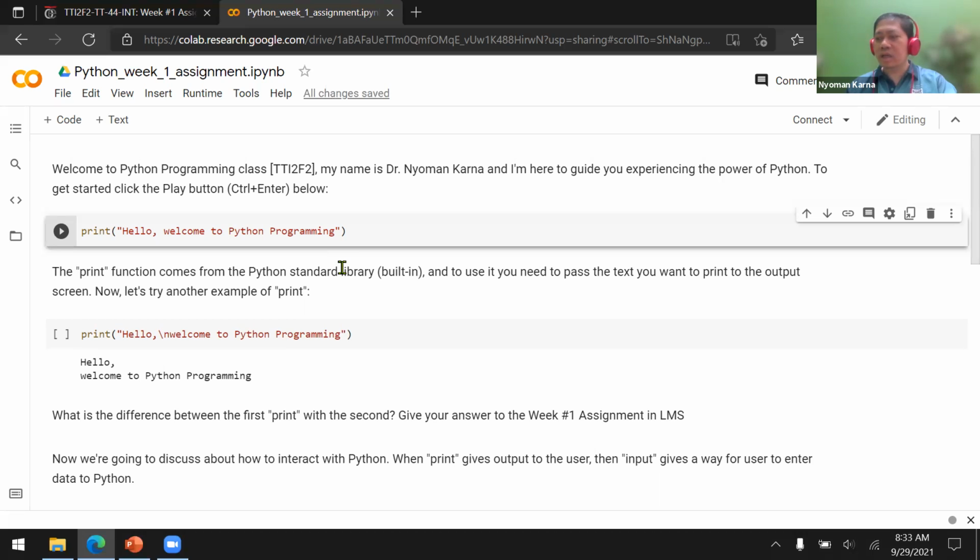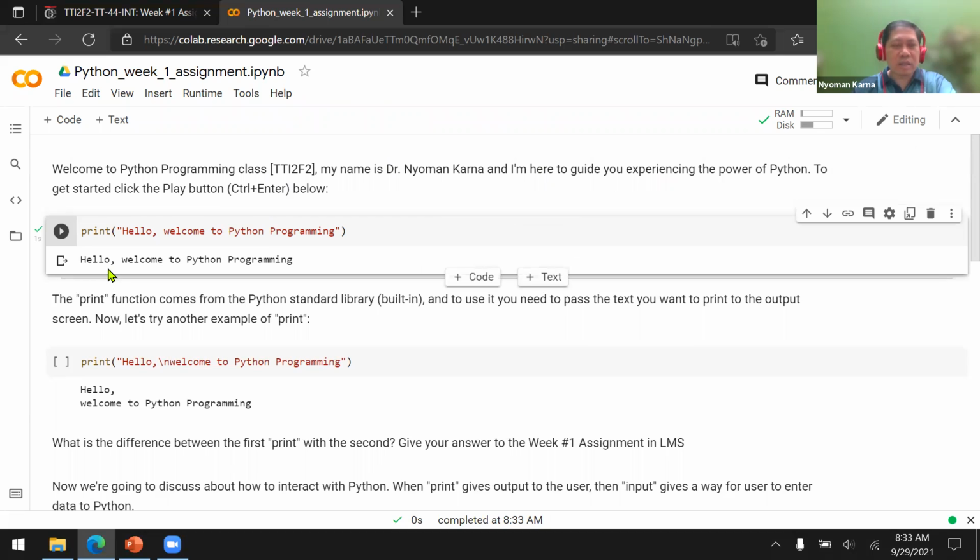So in print, let's start running the program. It should give the result: hello, welcome to Python programming. Let's wait because it's still initializing and connecting, and then it's running the code. Yes, the output is hello, welcome to Python programming. After this, we need to discuss the difference between the first code and the second code.